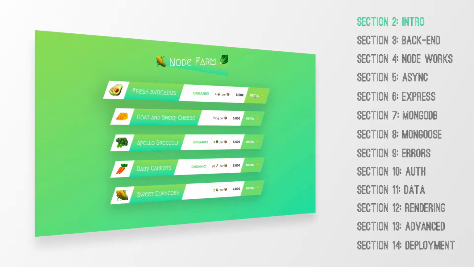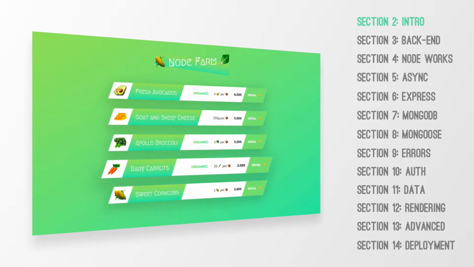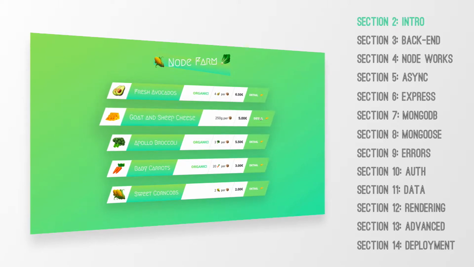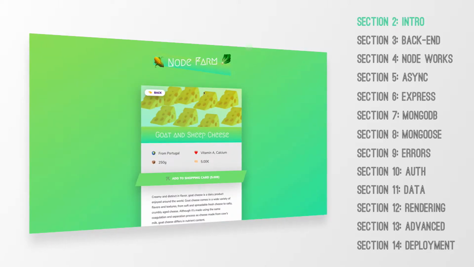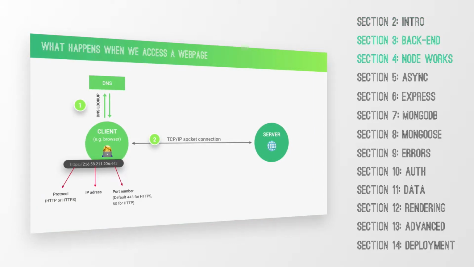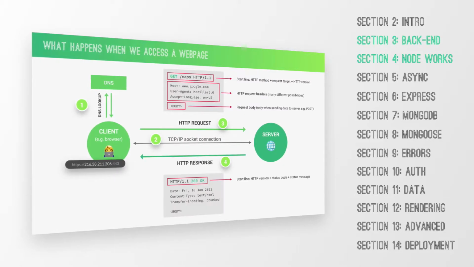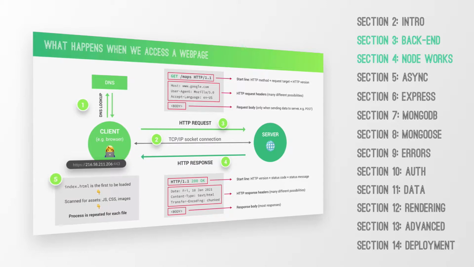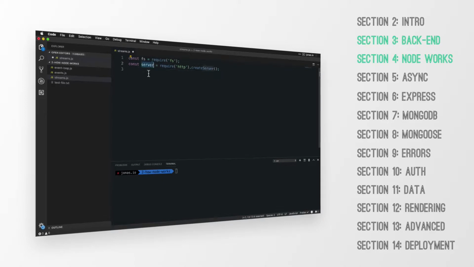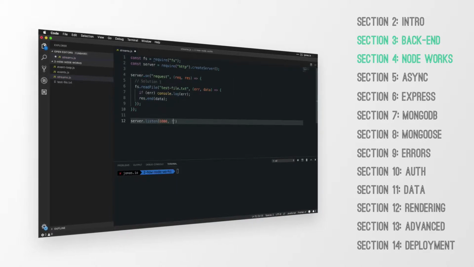And we're gonna kick off the course in part 1, which is section 2, by building this small, fun project which will teach you the fundamentals of Node.js development, so that you get a solid foundation for the rest of the course. Then, in part 2, you're gonna learn the fundamentals of backend development and also how Node.js actually works behind the scenes. And this is gonna be a mix of theory and coding lectures designed to give you the knowledge that many other Node developers out there simply don't have.